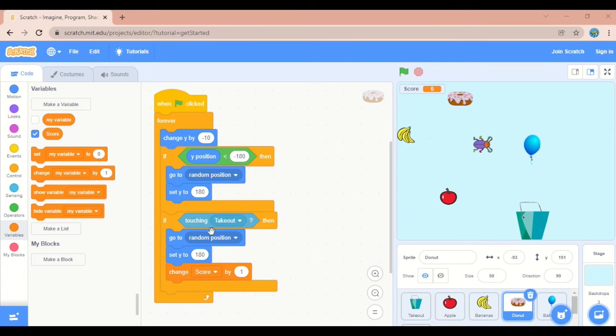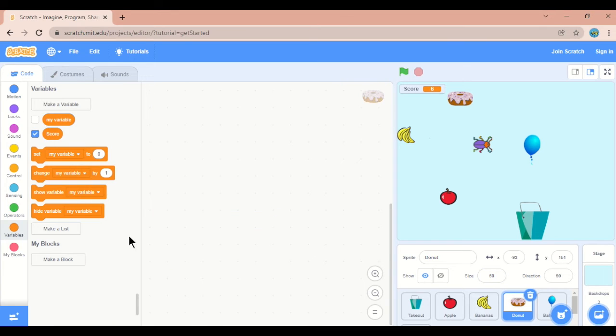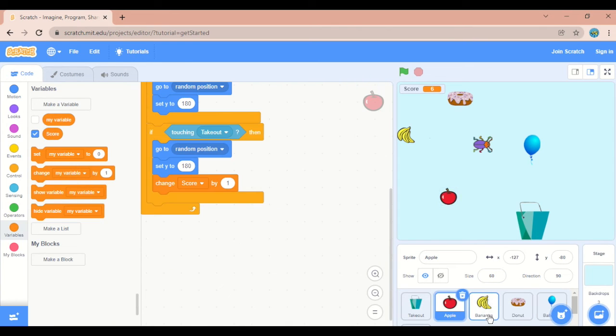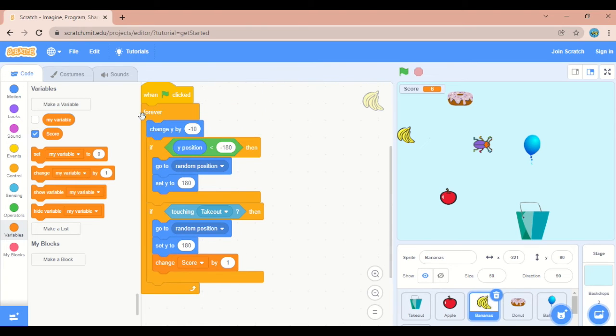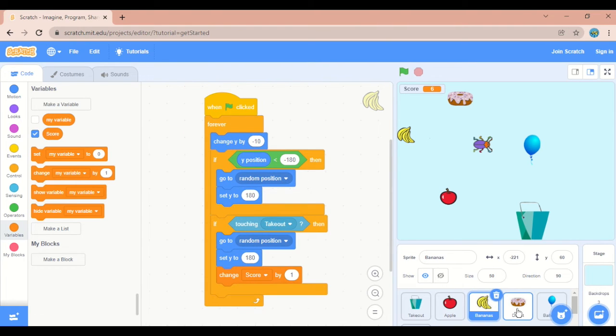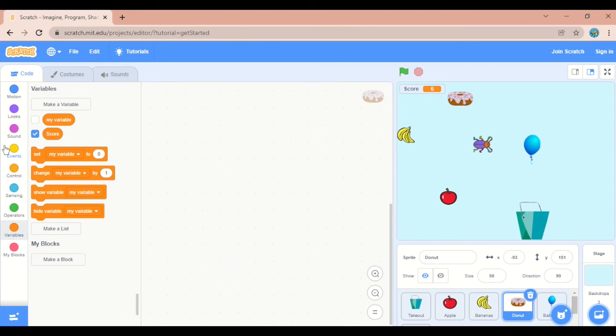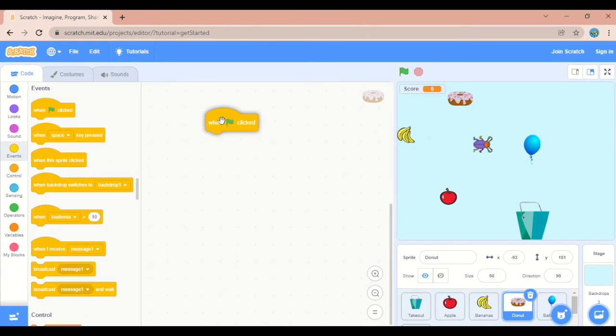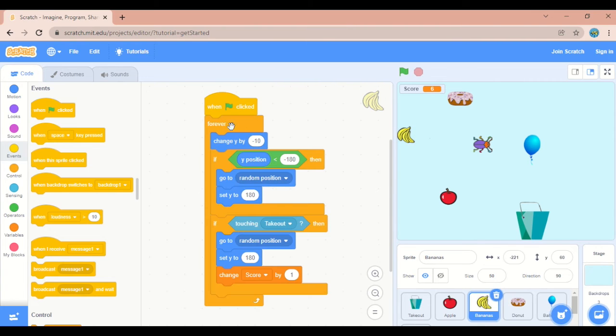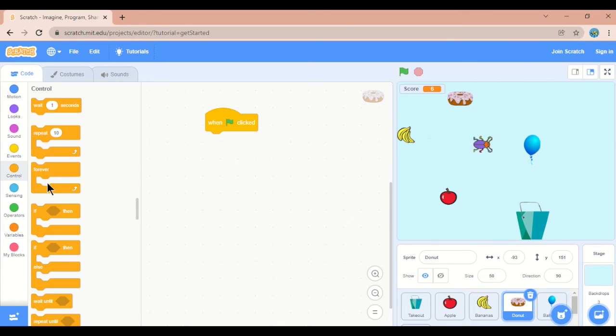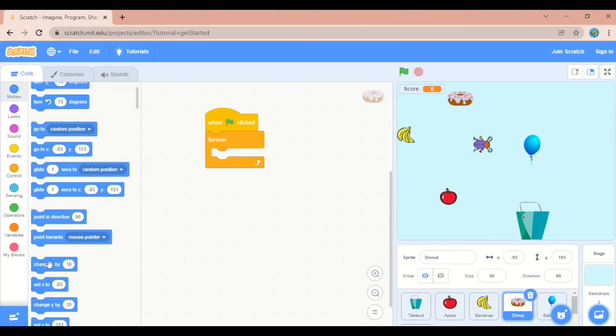Suppose you are not able to copy like this, then no problem, you can do it. So see, we have it in apple and bananas, but donut we don't have. So I'm going to make it, just do that code again. How? Go to when flag is clicked. We will use a forever loop, then change y. So go to control, add a forever loop, then change y by minus 10 because it should move down.